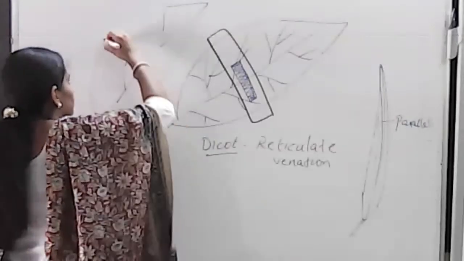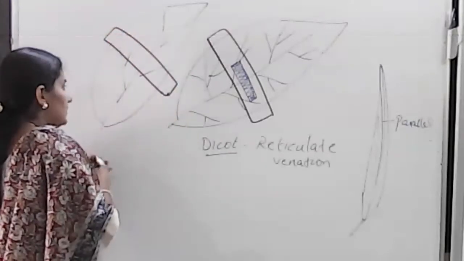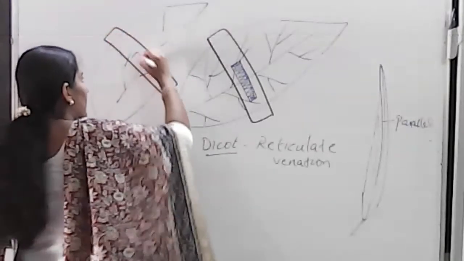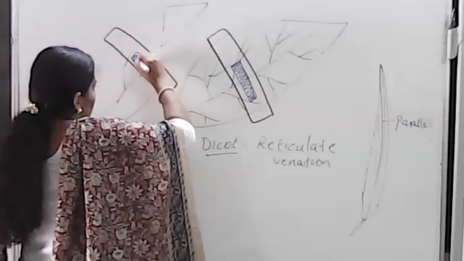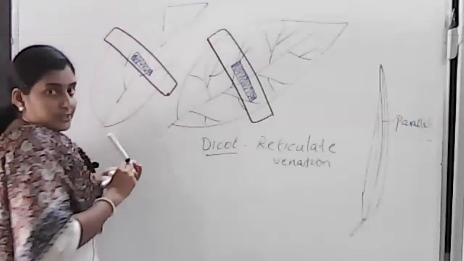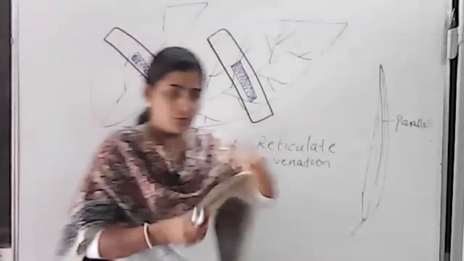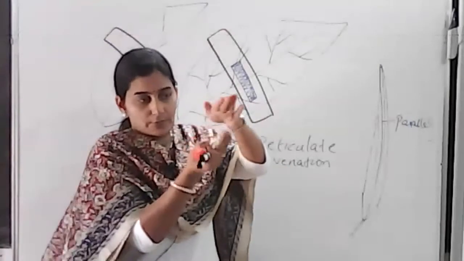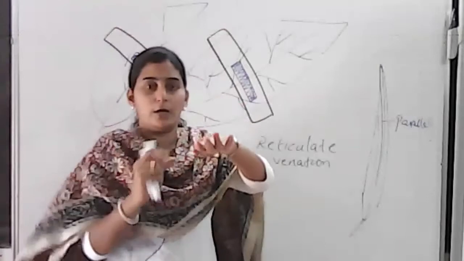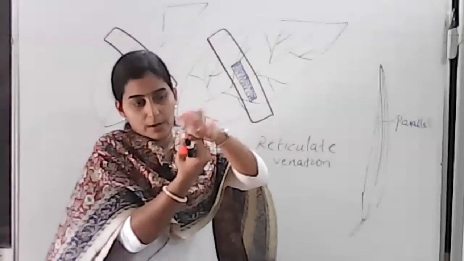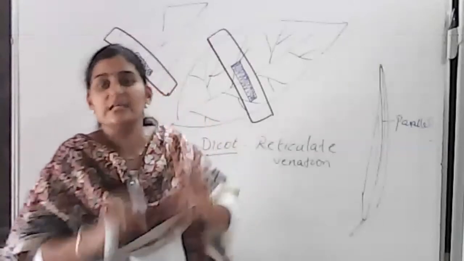We keep a cobalt chloride paper on the upper surface, and inside that glass slide we have a strip of cobalt chloride paper which is blue in color. So both sides are shown here in the diagram. Suppose this is your leaf. Here you keep one cobalt chloride paper, and just above that cobalt chloride paper, you keep a glass slide and you clip it together in a single leaf itself.